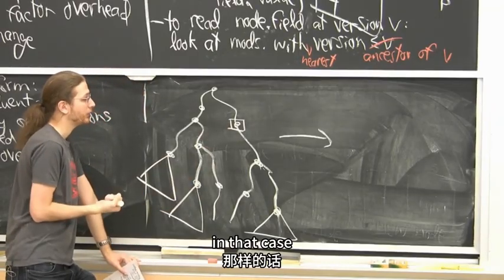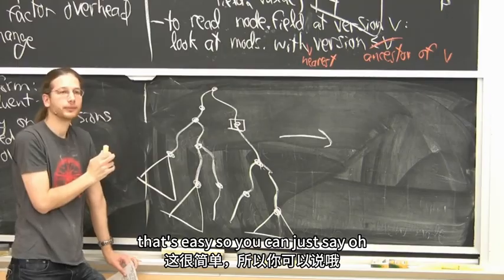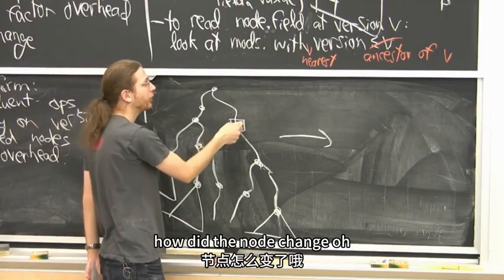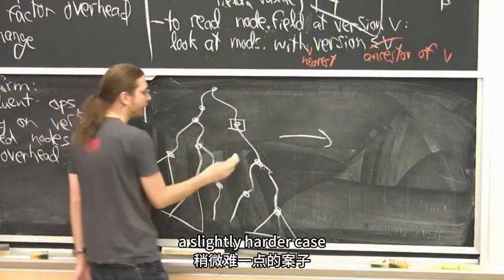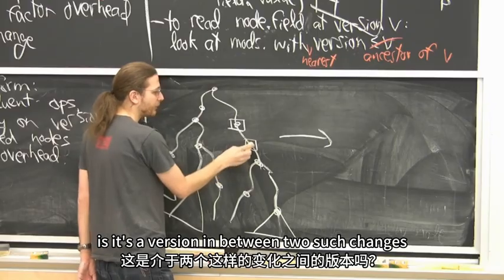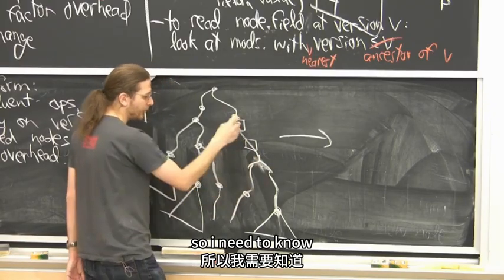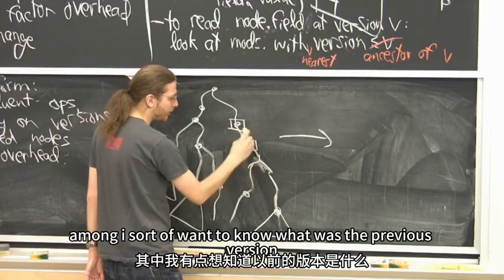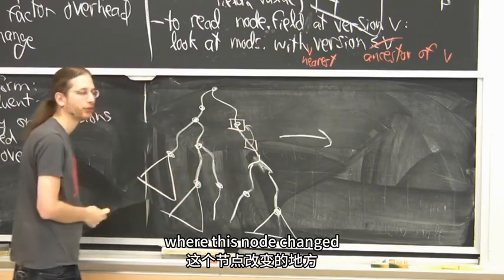In that case, the data is just stored right there. That's easy. So you can just say, oh, how did the node change? Oh, that's what the field is. OK, follow the pointer. A slightly harder case is it's a version in between two such changes. And maybe these are not updates. So I want to know what was the previous version where this node changed